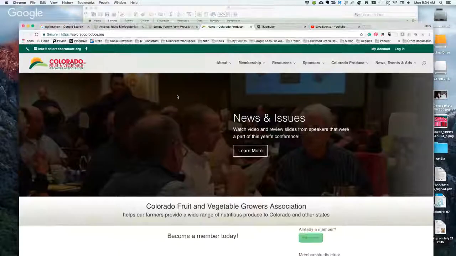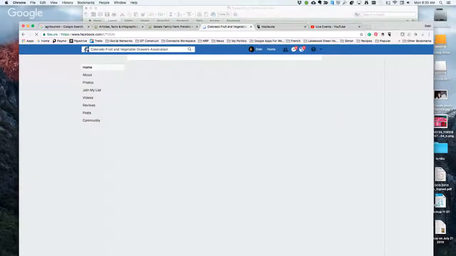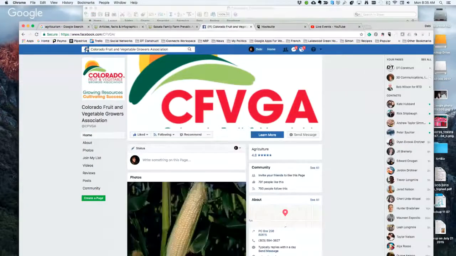Well, guess what? Because they have their link, making them a little more findable. Oh, you see that? It just turned their whole web page into the Facebook page instead of opening it in a separate tab. So their website did not adjust that setting. If you have a website, make sure that your links out to your other digital assets are set to open in a separate tab or page.